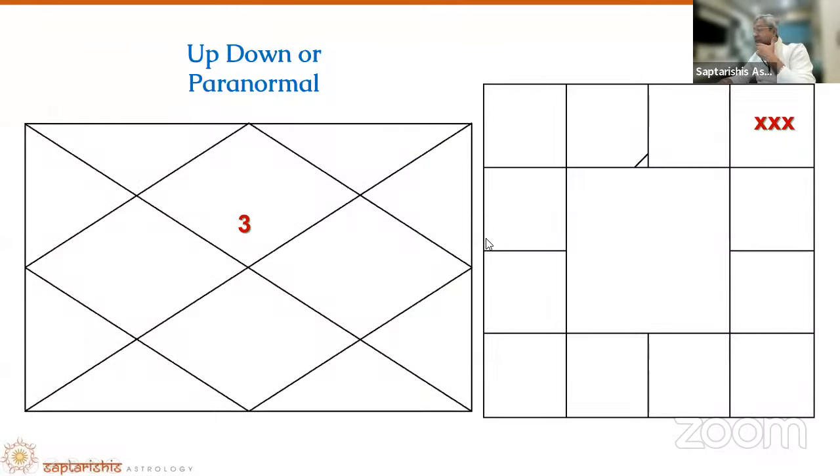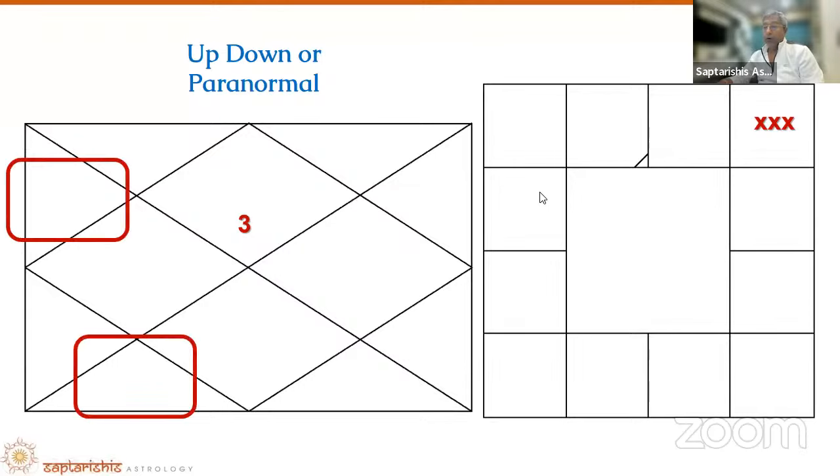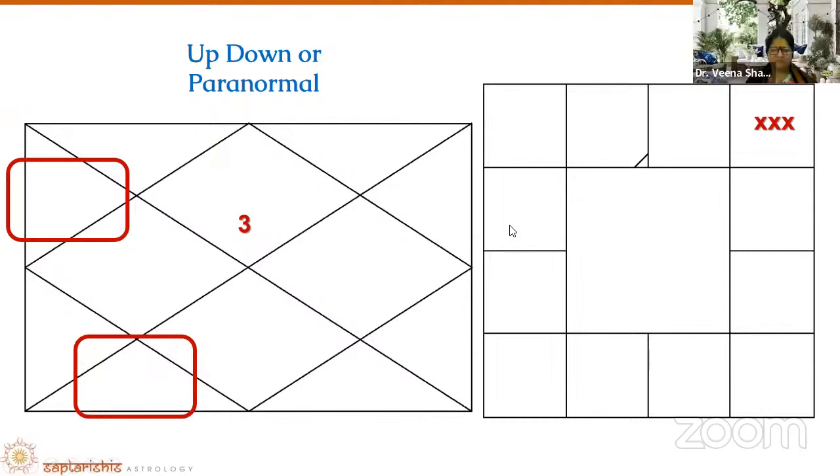Do you all see this? Mithuna Lagna. Let's assume this native is born on Dashmi Tithi. Now please tell me which are the two signs which are Dagdha. So Leo and Scorpio. I was expecting Dr. Veena to say that, but anyway, Manoj. Okay. So these two signs are Dagdha. Got it? Yes, sir.